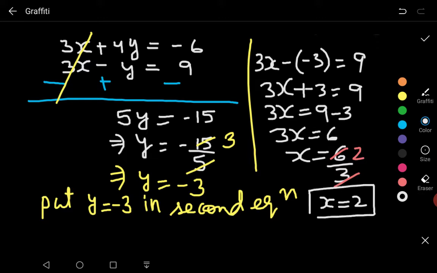So now we have solved this equation. The value of y is minus 3 here and the value of x is 2 here, right? So we have used the elimination method. Elimination method लगाने के लिए आपको x वेरिएबल या y वेरिएबल किसी भी एक को आप चूज कर लीजिए और उसके कोफिशिएंट्स को इक्वल कर लीजिए. यहाँ तो हमने देखा कि ऑलरेडी कोफिशिएंट इक्वल थे, but somehow in a few cases you will not get the coefficients equal and you have to make them equal by multiplying them by any other number. So let us see what is given in the next question, that is question number 2.